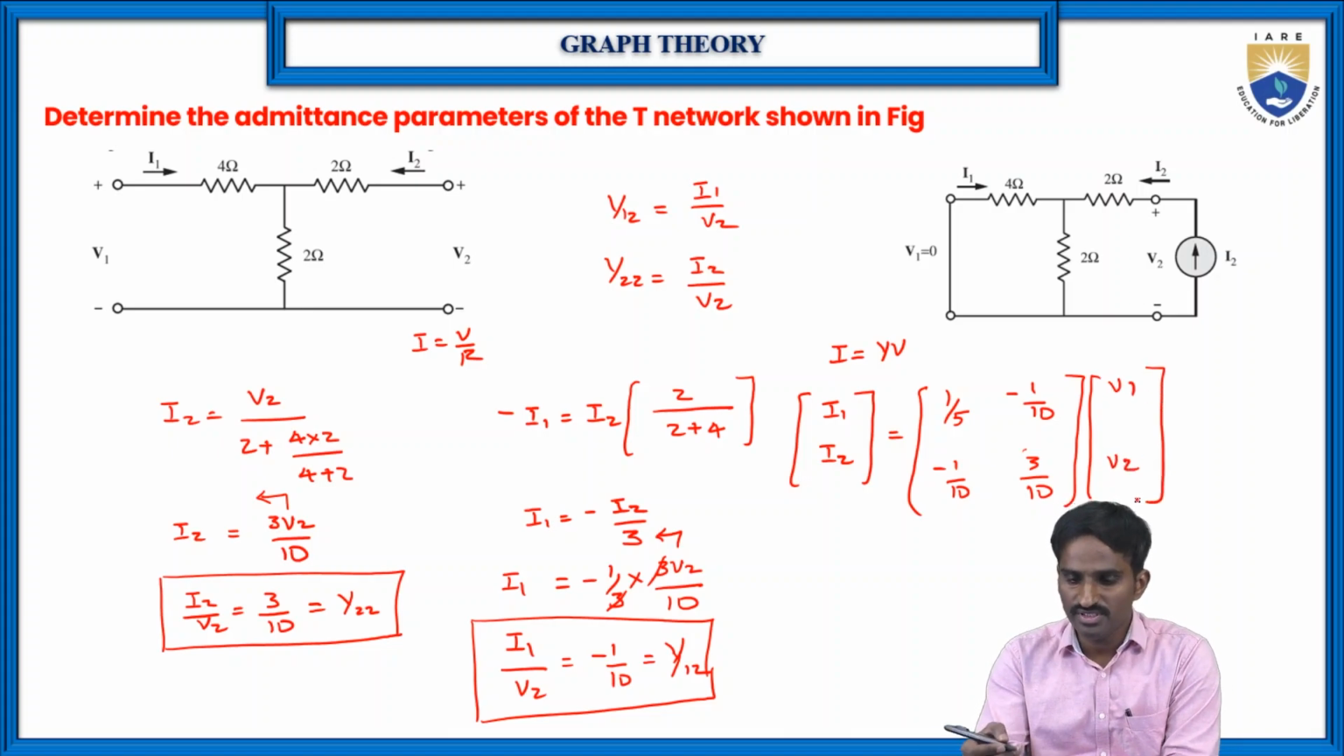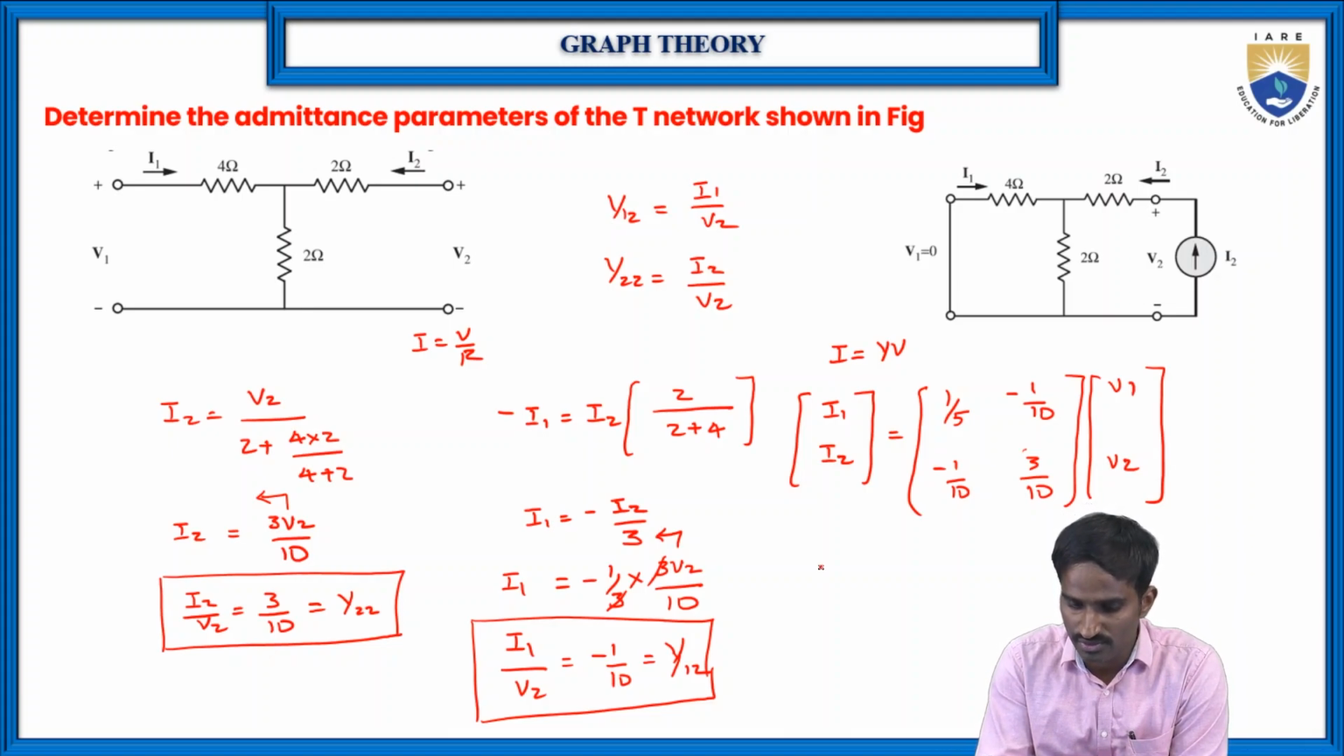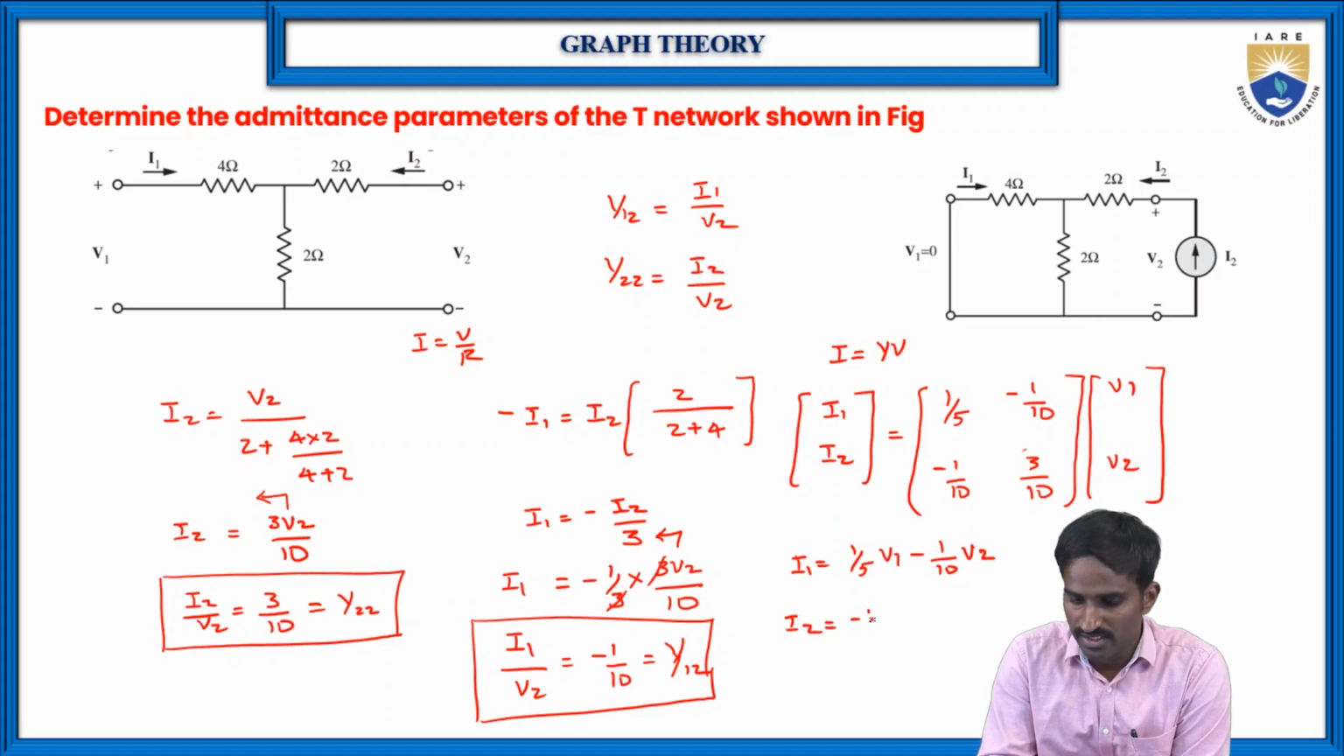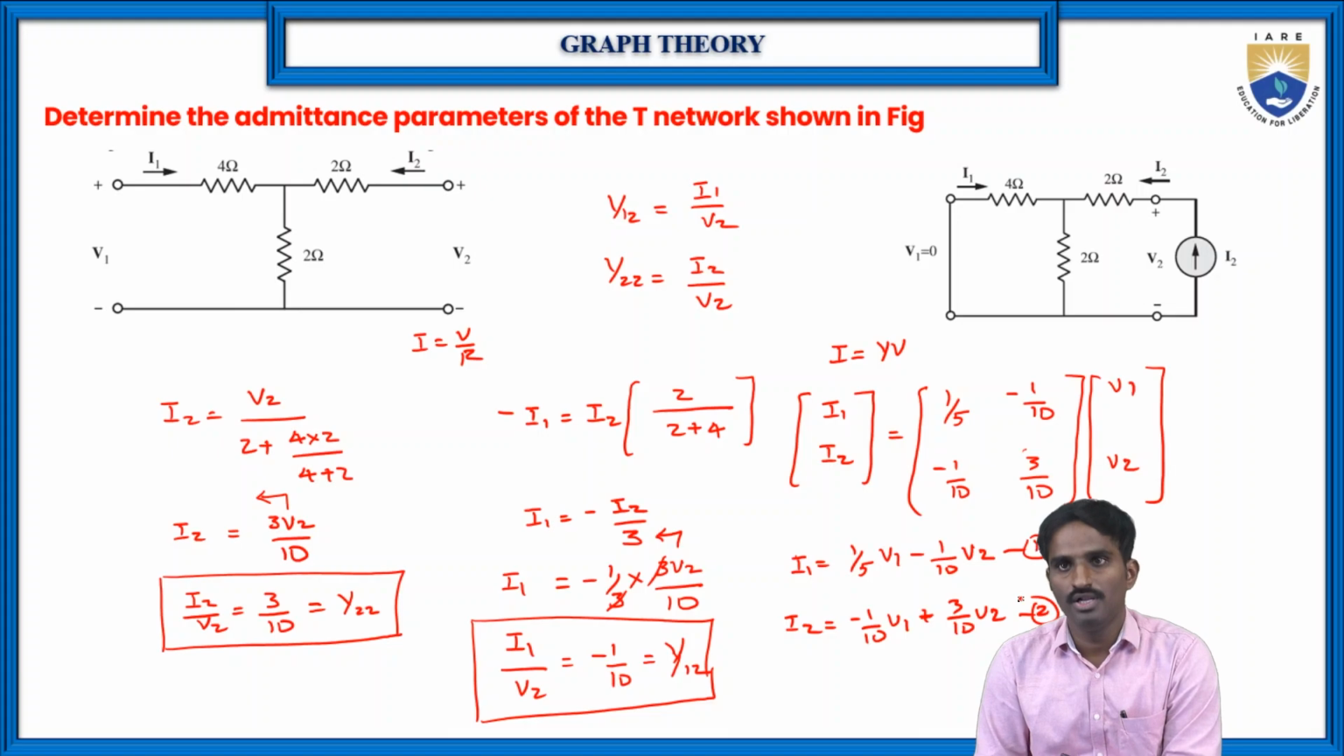Right. So if you write these in terms of equations, I1 is equal to, this row into column, 1 by 5 into V1 minus 1 by 10 into V2, and similarly I2 is equal to minus 1 by 10 into V1 plus 3 by 10 into V2. So these are the two equations. By solving these two equations, we can find